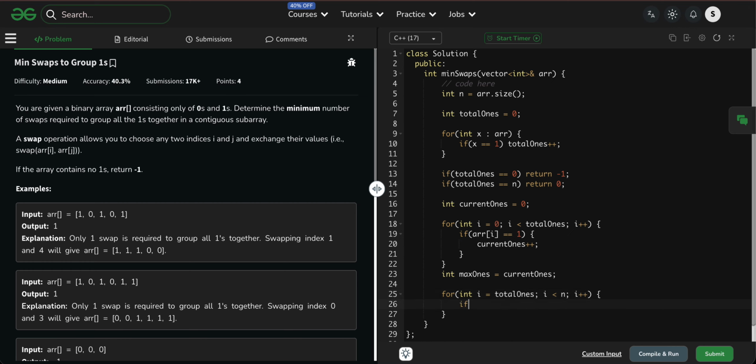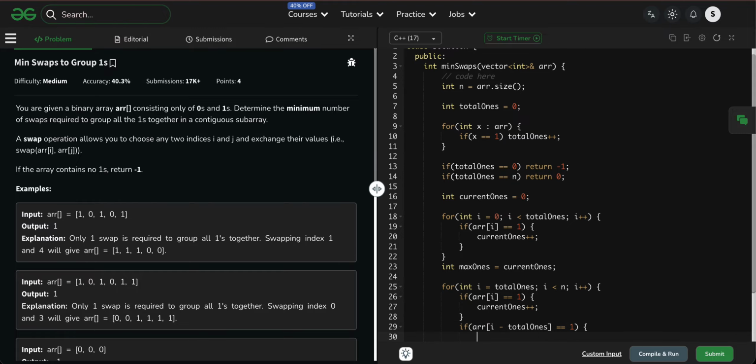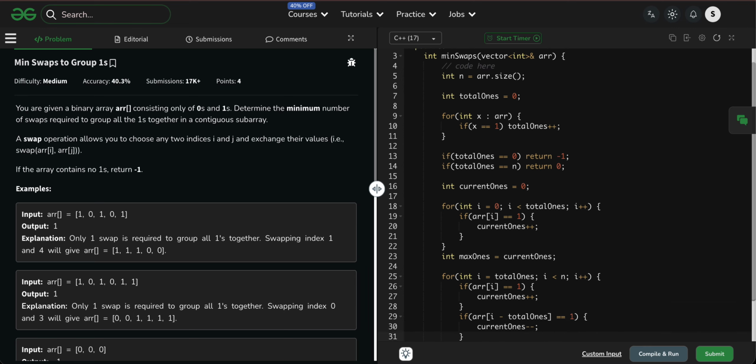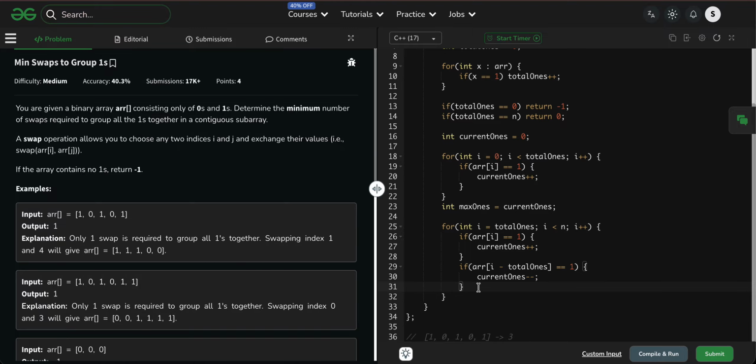Now here if array of i is equal to 1, then current ones plus plus. If array of i minus total ones is equal to 1, then current ones minus minus, right?